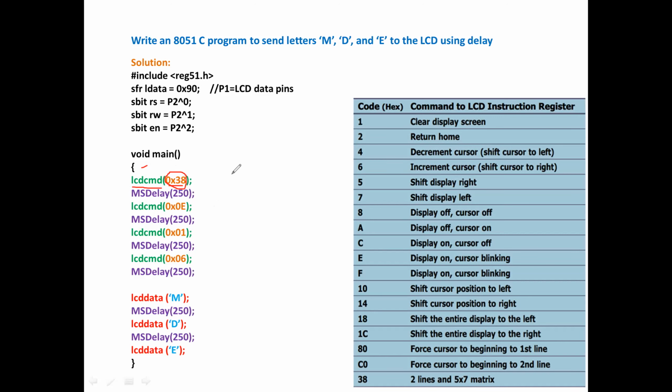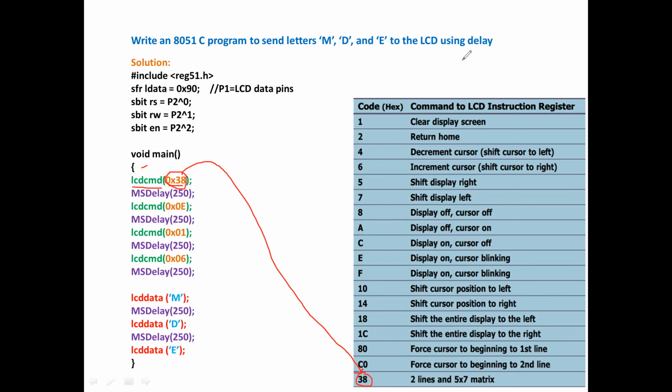What are all the commands suitable for your program? The first command is 38. I'm going to send it to the LCD, so I have a function here. In that function, I'll program this 38 to be sent as a command to the LCD. This is one of the commands. I will tell you the first one, and the rest you can understand easily.